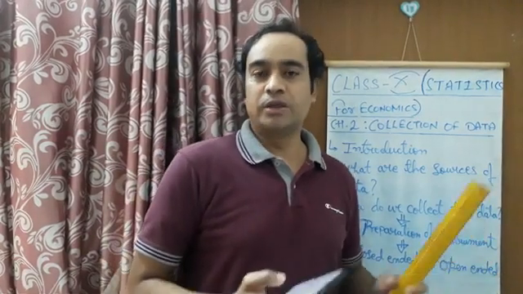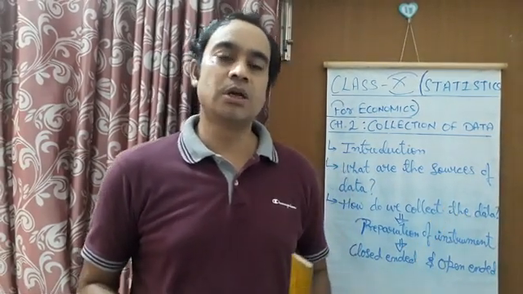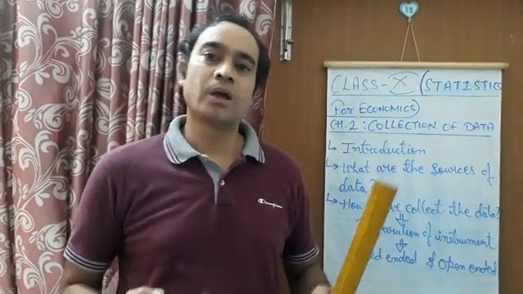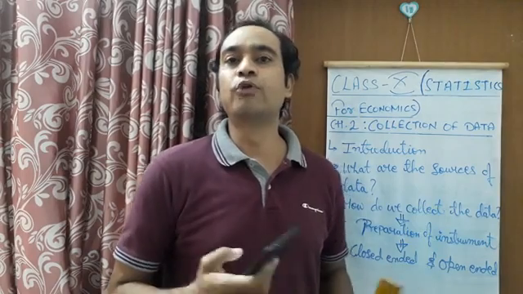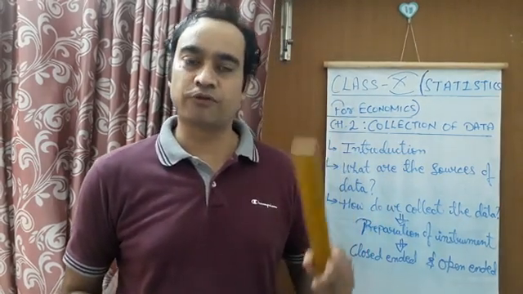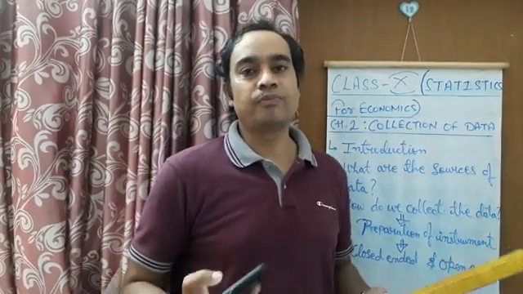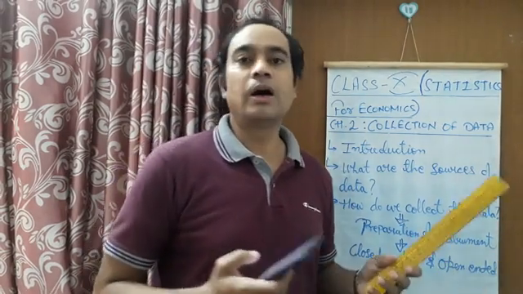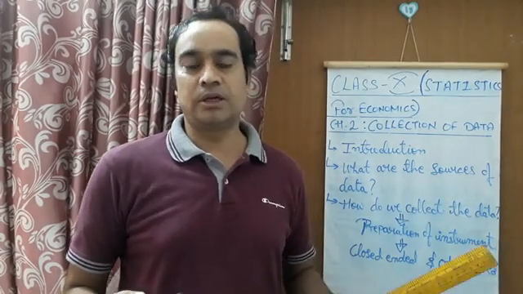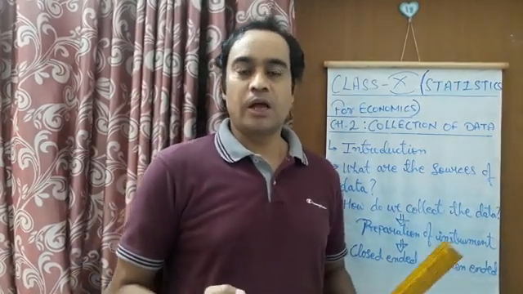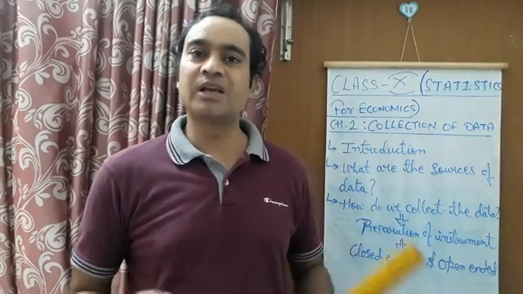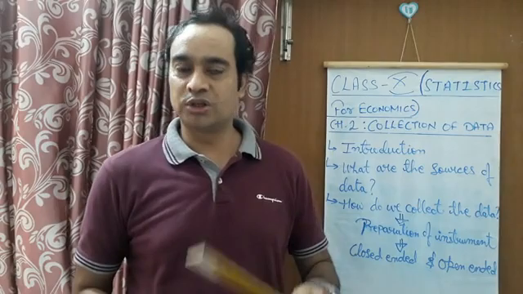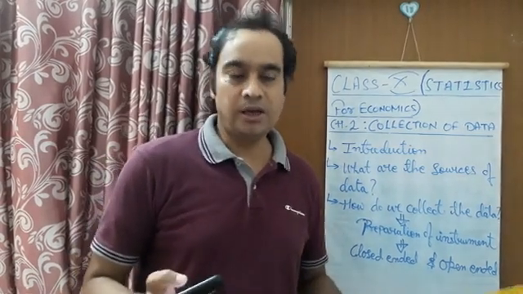And in this example we are having two variables. One variable can be called the x variable, that is the number of years, which is changing, and another variable is the production of food grains, which is also fluctuating. Sometimes it is falling down, and apart from falling, it is rising. So this is also a variable concept, that is the production of food grains, and we can call this second variable y, right? So number of years, x variable, production of food grains, y variable, like this.